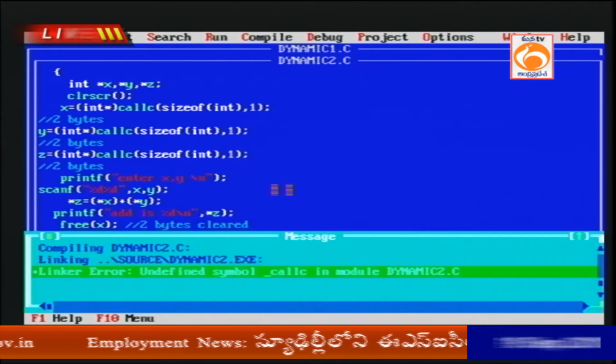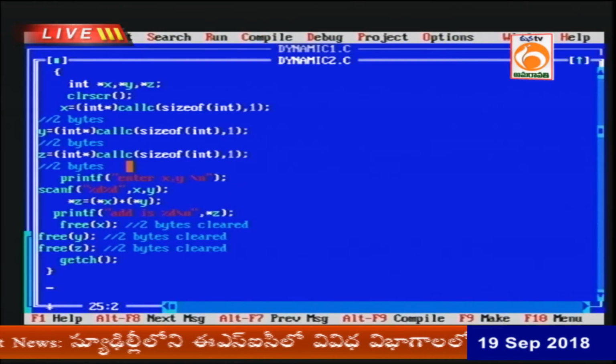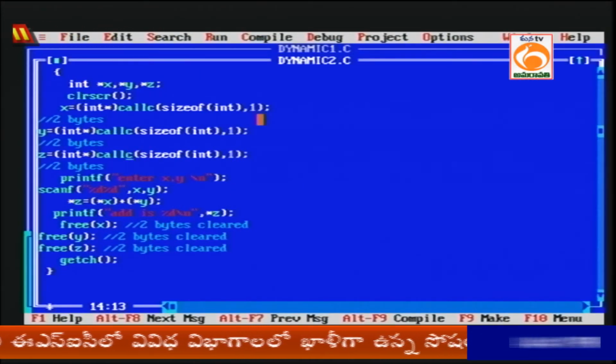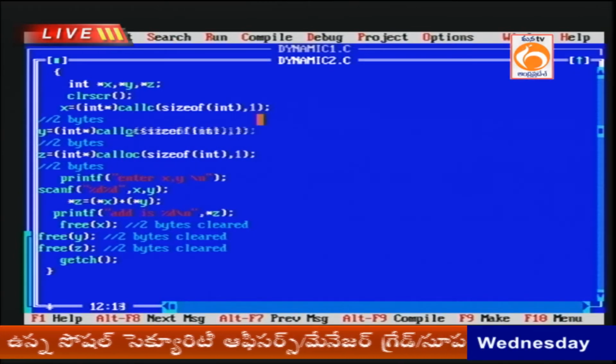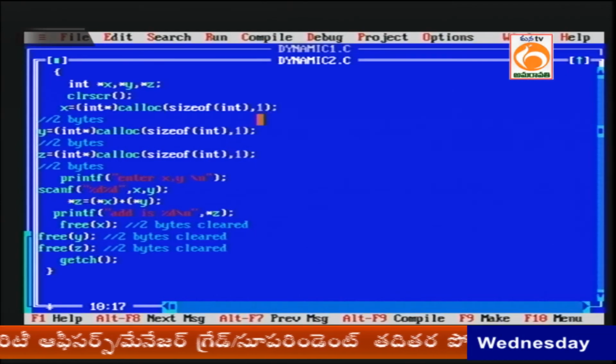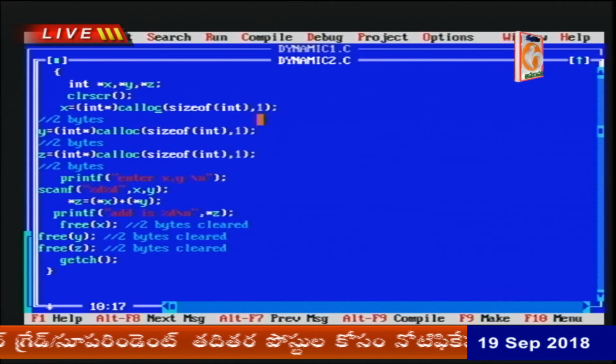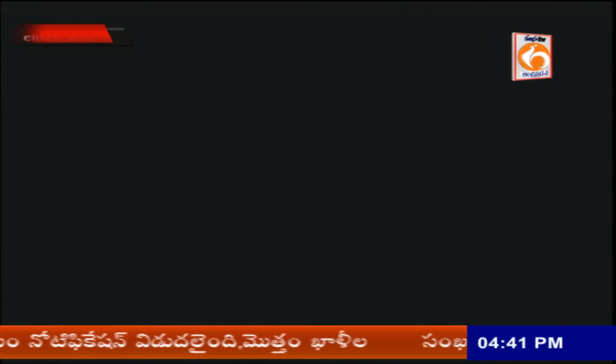Undefined symbol calloc, sorry, here calloc. Calloc function, C-A-L-L-O-C, you have the calloc function. If I run this, what are x and y? Internally, 4 bytes of memory are created for x and y. I used 10 and 20, and the addition is 30. The z variable also